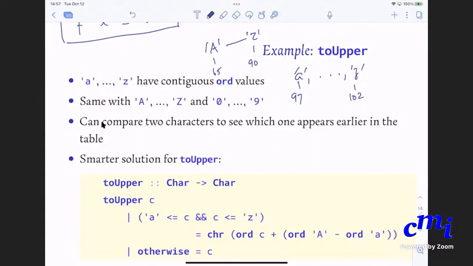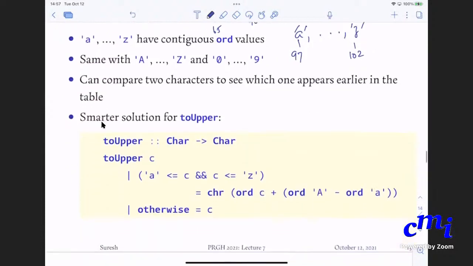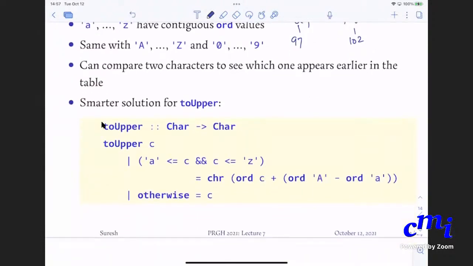So what you can actually do to convert a character to uppercase is first check whether your character C is greater than or equal to small a and less than or equal to small z. What do I mean by greater than or equal to, less than or equal to? I can write that, because characters are stored in a table in order. Whatever order they are stored in, that is the order when you compare them. So the character small a is less than the character small c, the character capital A is less than the character small a, etc., because that is the order in which they are stored in the table.